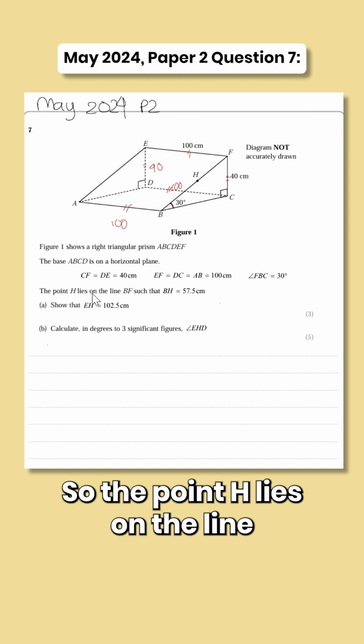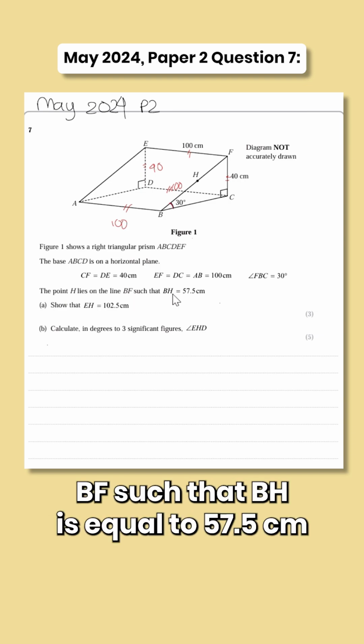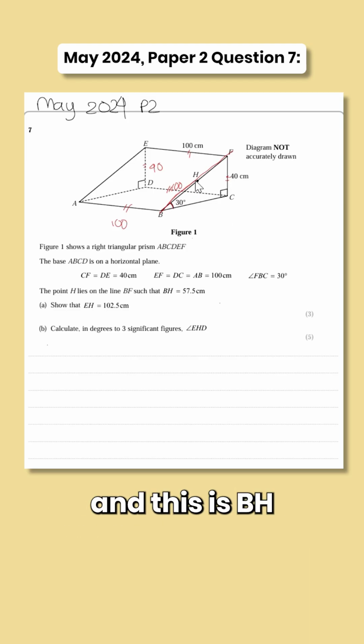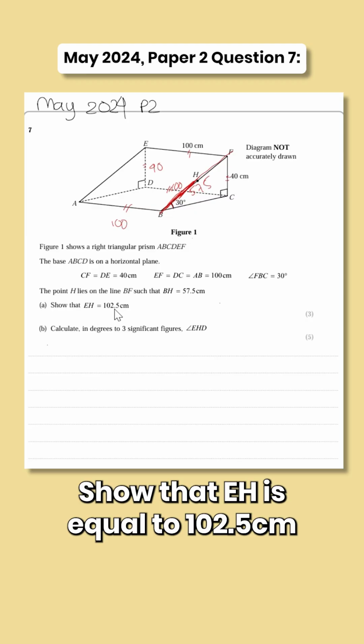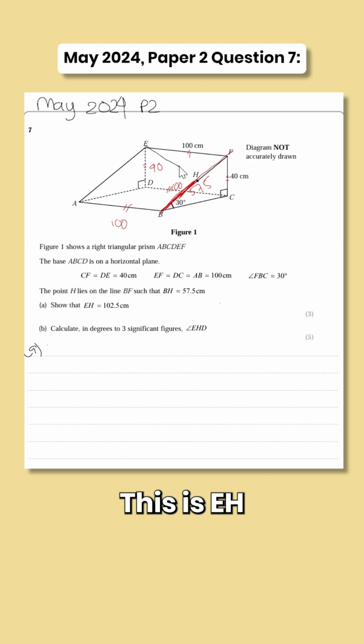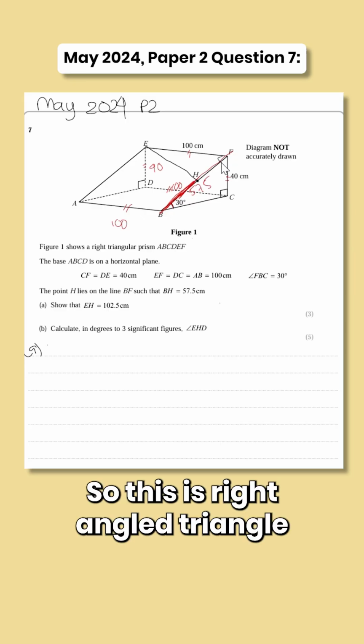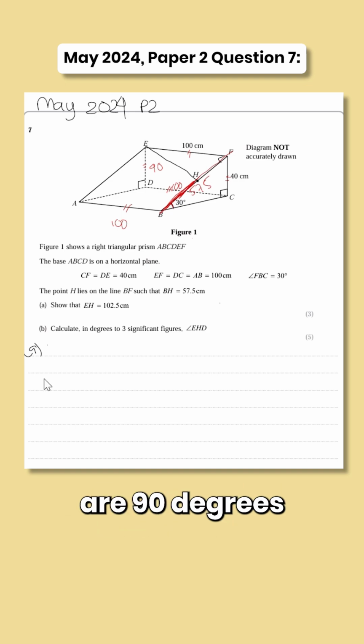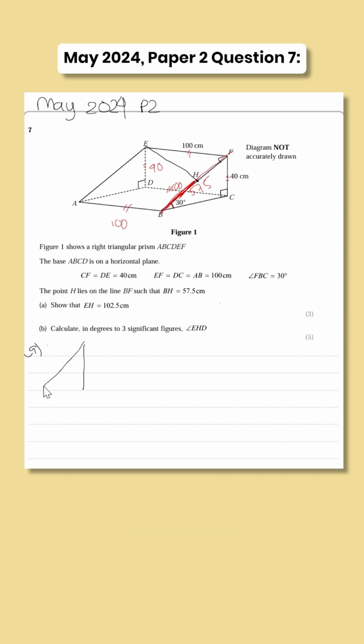The point H lies on the line BF such that BH is equal to 57.5. So this is the line BF and this is BH, 57.5. The question says show that EH is equal to 102.5 centimeters. This is EH. This is a right angle triangle because AEFB is a rectangle and all the corners of a rectangle are 90 degrees. So let's draw the triangle